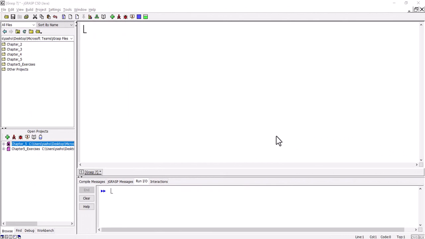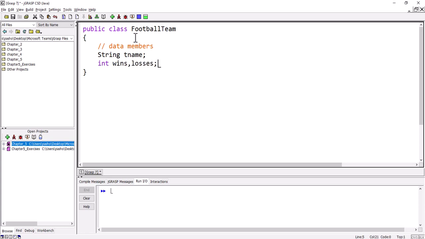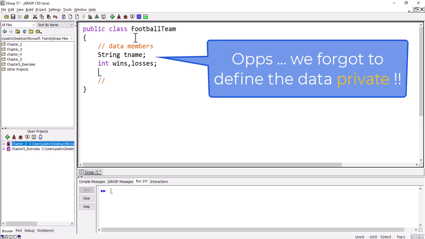So public class and the name football team, and inside we will have data members. So we will have a string for tname, and we will have integer, 1 for wins and 1 for losses. And now, so this is part A,